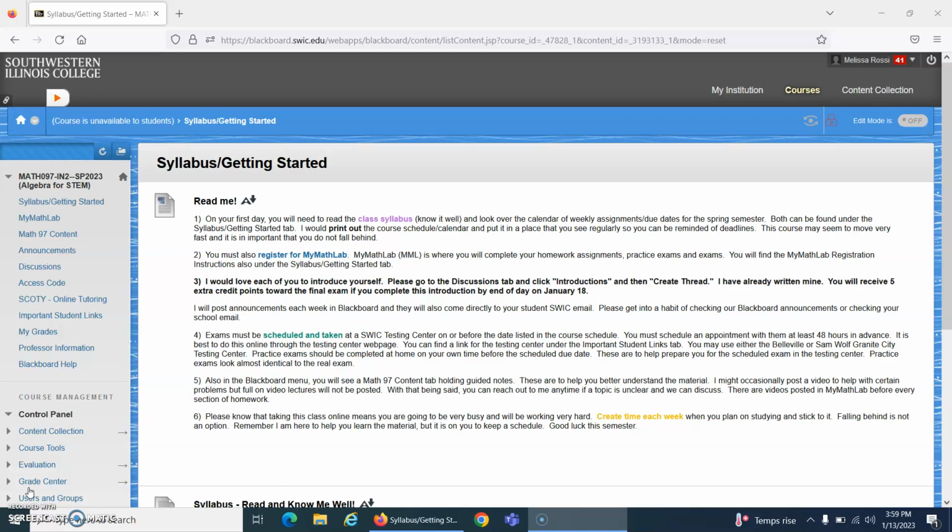Right now, I'm logged into blackboard.swic.edu. You can see here in the address line, and this is the main page. If we look at the menu first, the Syllabus Getting Started tab is where you would like to begin. There are a few items that I would like you to read first, and then if you scroll further down this tab,